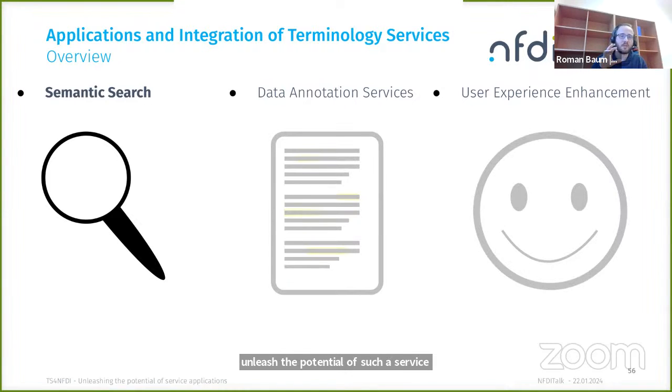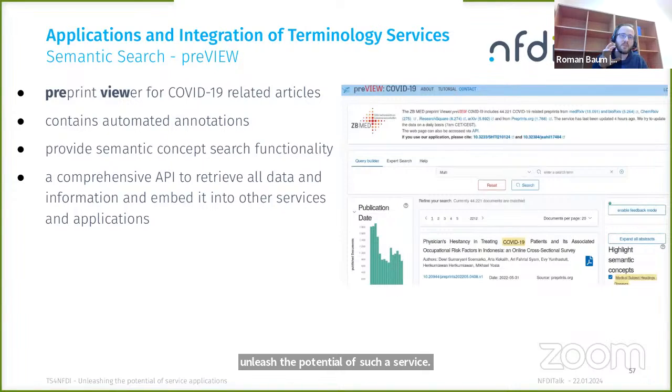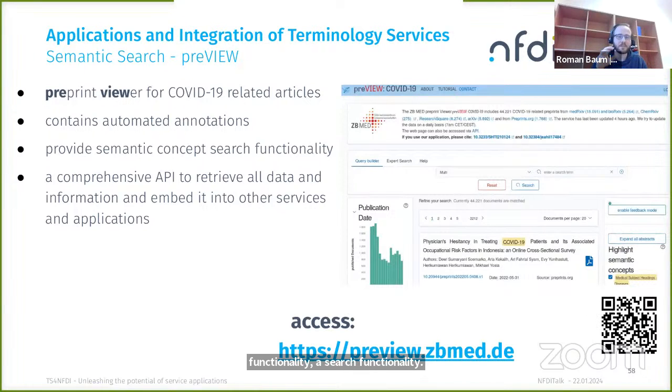So let us focus first on the semantic search. What we see here is a preview. This is a preprint viewer for COVID-19 related articles, and it contains automated annotations and provides semantic concept search functionality, and also an API to get all the data if you're interested in something like that. The access is also, again, here.